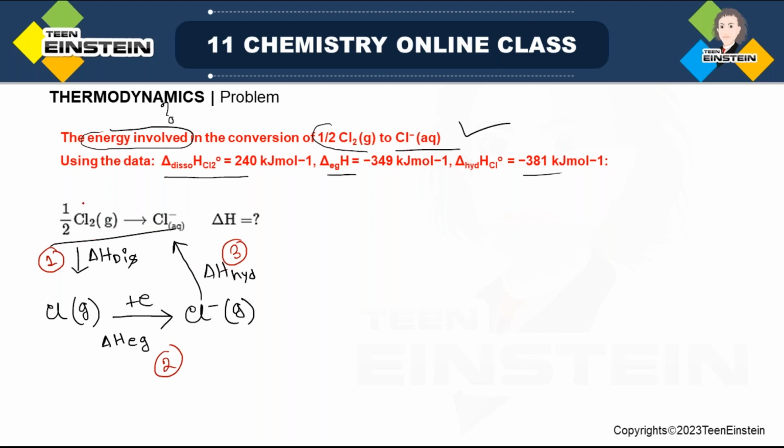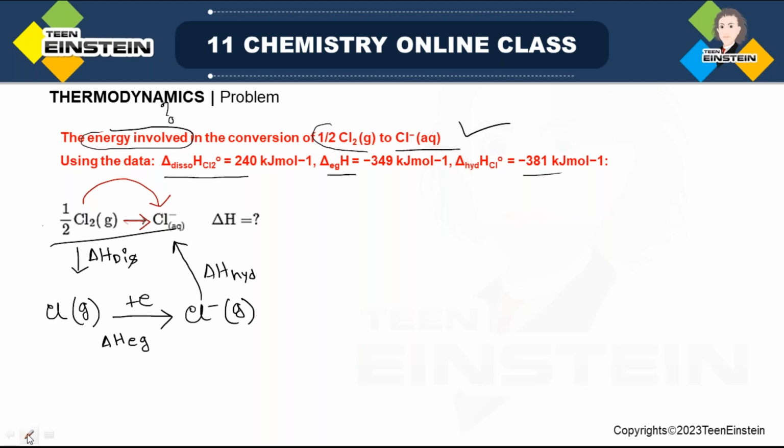If we want to move from this state to this state, the direct value of del H we cannot calculate, but we have enthalpy change values for all these three steps. So basically we want to move from step 1 to step 3. Suppose this is state 1, this is state 3, but you are not going directly from 1 to 3. You are first moving from 1 to 2, then, okay, this is confusing, let me write it once again,